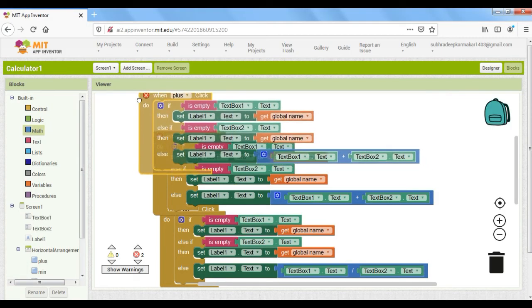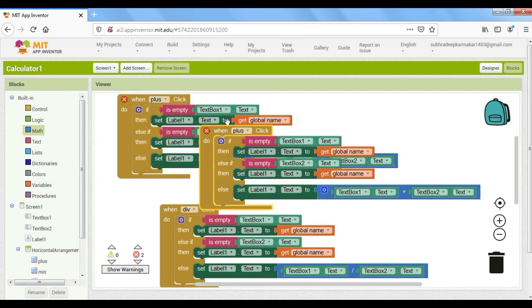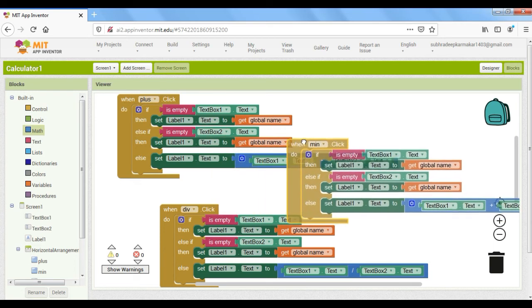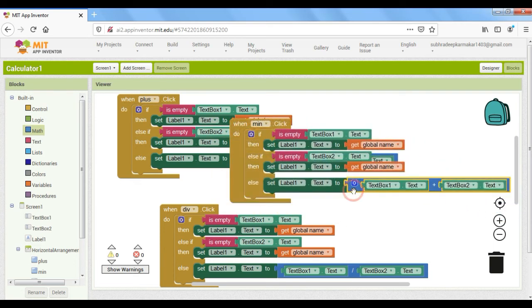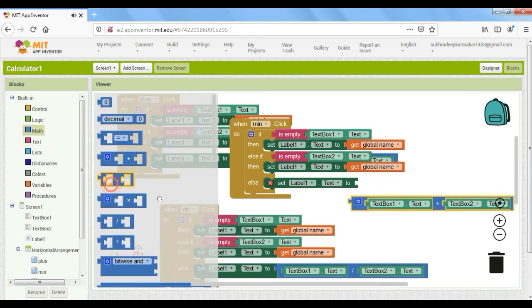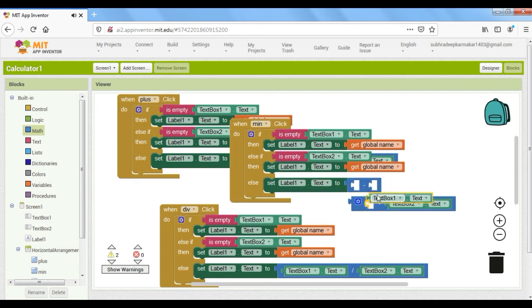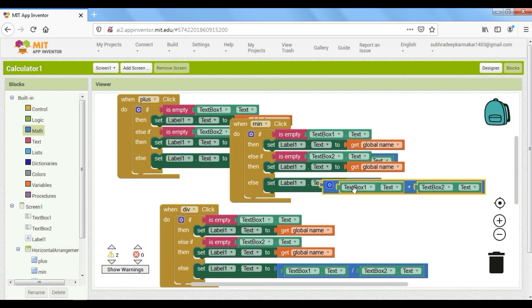Now what should I have to do here, one plus, and now should be one minus, and remove this box, okay, and go to math, and I should drag the minus option and put this to that,